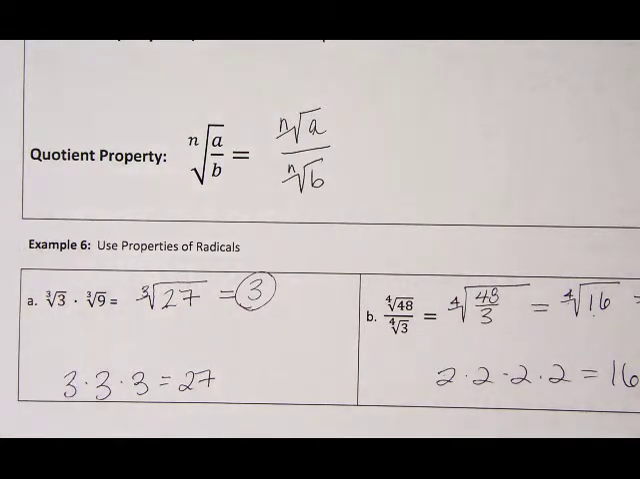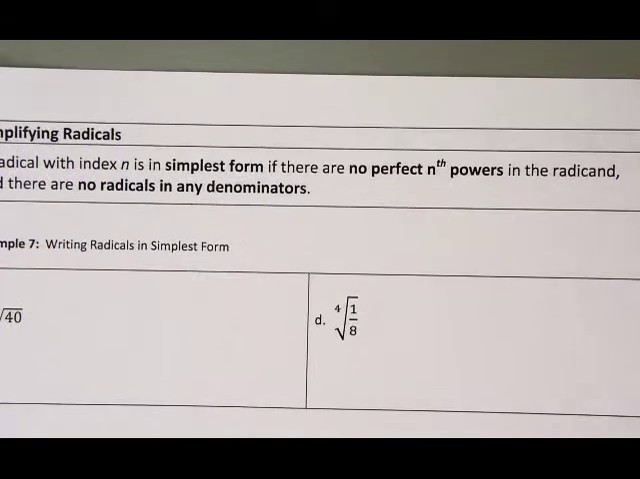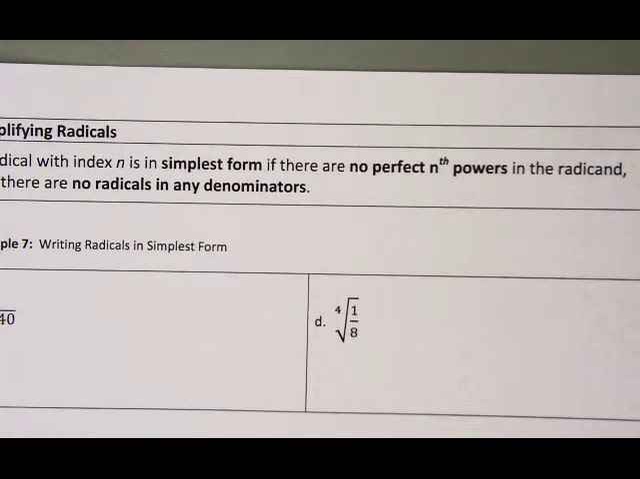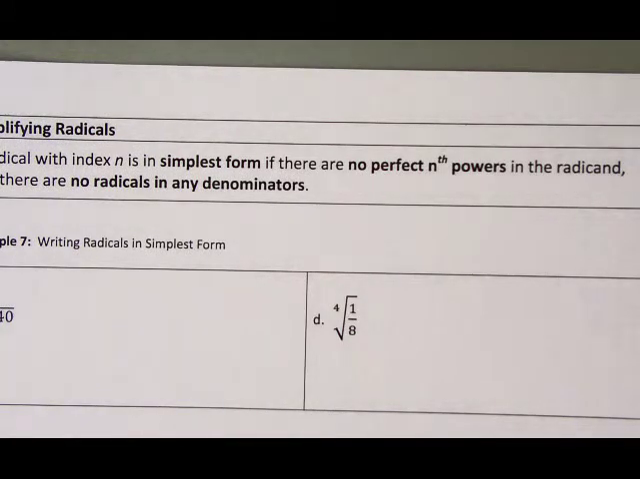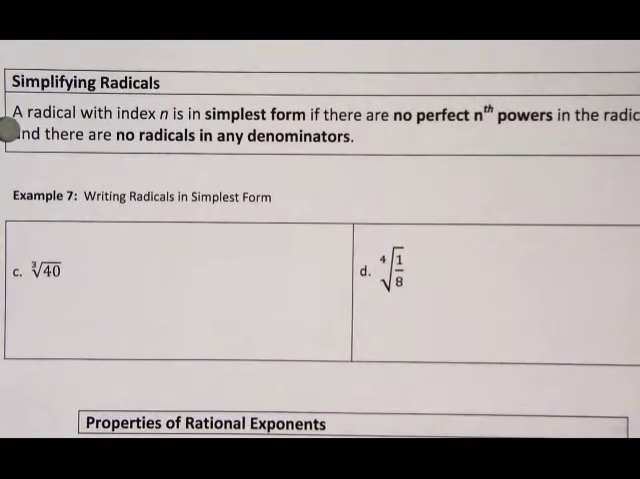Okay, so flipping it over, we're going to look at simplifying radicals and how these properties can come into play in a different situation. Okay, so simplifying radicals with index n in simplest form is when there are no perfect nth powers in the radicand and there are no radicals in any denominators. I'm just reading from the table up above. So basically what that means is simplest form means I can't take anything else, no other perfect nth powers out